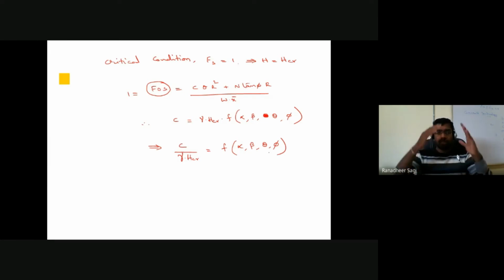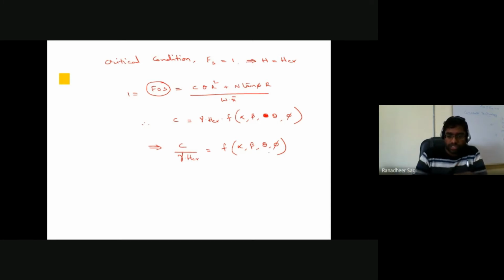Will it depend on your theta angle? Theta is nothing but the angle that is formed with respect to the center, which is defining the failure surface. So yes, that theta angle also will define the corresponding factor of safety of that particular slope. And yes, obviously the phi angle also defines the stability of that particular slope. Apart from that, your cohesion, angle of shearing resistance, and the height of that slope, all these parameters will play a role in deciding and dictating whether that particular slope is safe or unsafe. Is it stable or unstable?